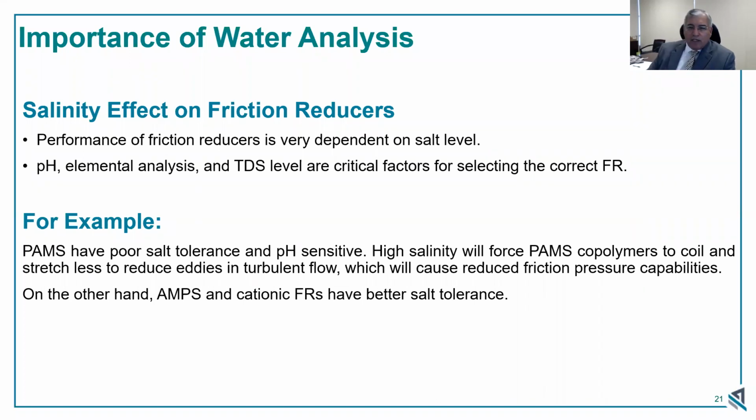Water analysis, we know that salinity affects the friction reducer. And the choice of friction reducer is going to be very dependent on the salinity levels. pH, FRs are very sensitive to pH as well. So we have to understand the elemental analysis. We were talking about monovalent versus divalent. So it's important for us to have the elemental analysis and TDS levels of that particular water to select the